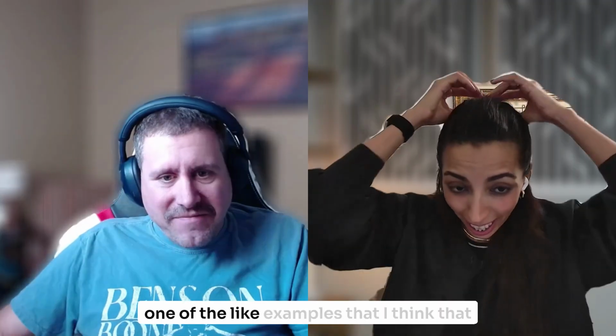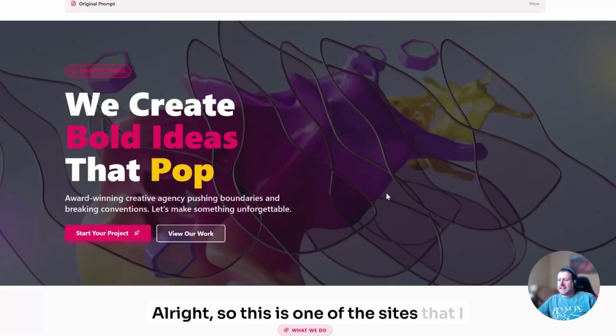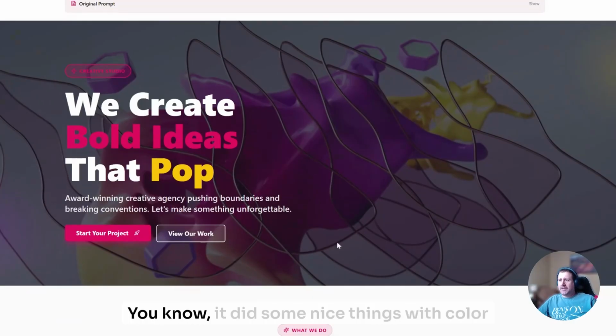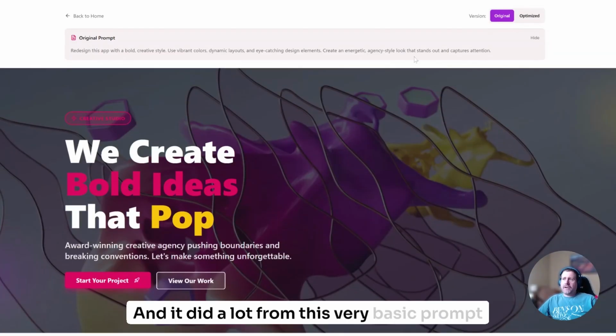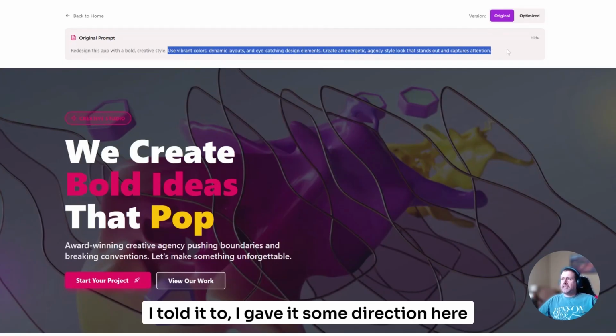One of the examples that I think would be great. All right, so this is one of the sites that I had it build. And it's not a bad looking site. It did some nice things with color here. It picked actually a great image and it did a lot from this very basic prompt here. I mean, it wasn't just a nothing prompt though. I gave it some direction here of